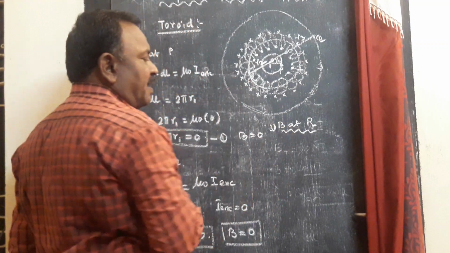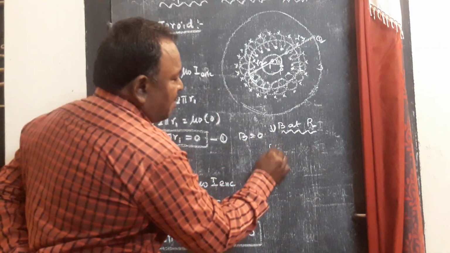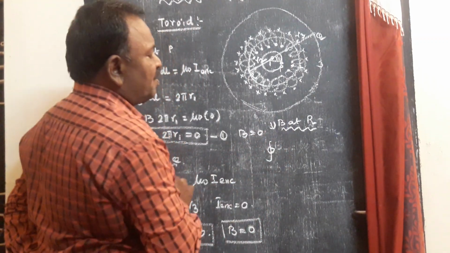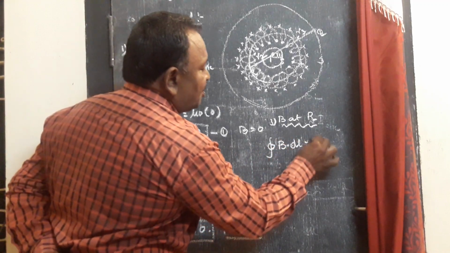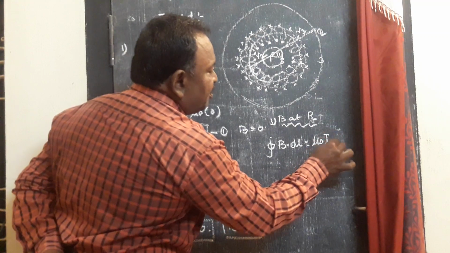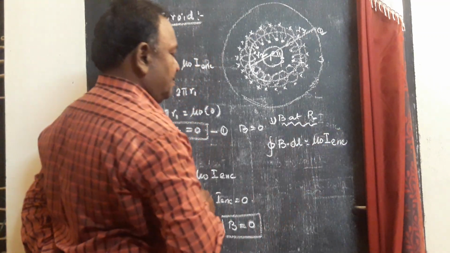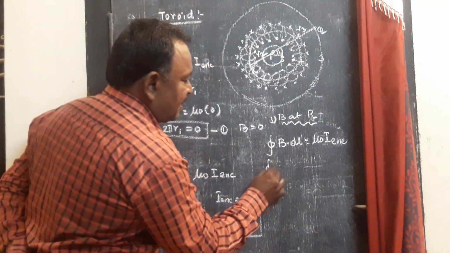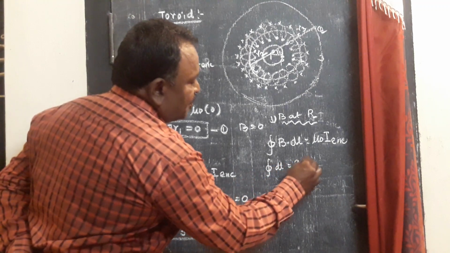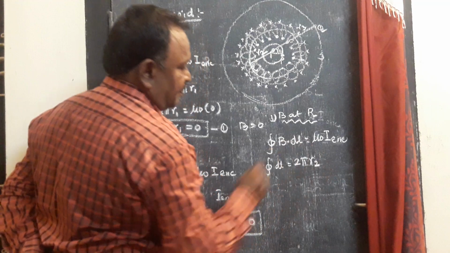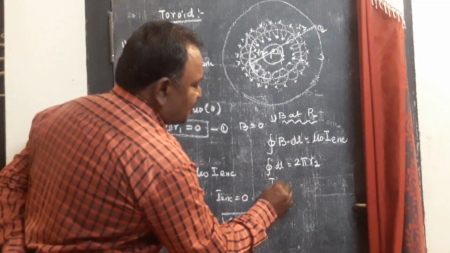When we apply Ampere's circuital law, closed integral B dot dl is equal to mu naught into I enclosed. As in the earlier case, closed integral dl is equal to 2 pi R2. But the current enclosed is equal to,